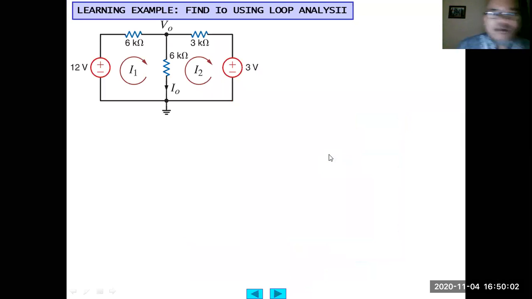Okay, so far understand? That will be all for today, an introduction to the loop and mesh analysis. We will continue tomorrow in the next session with some examples of finding I output using